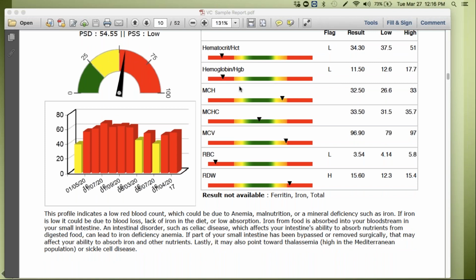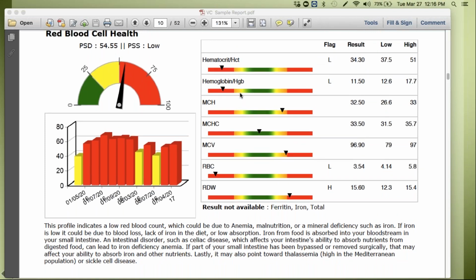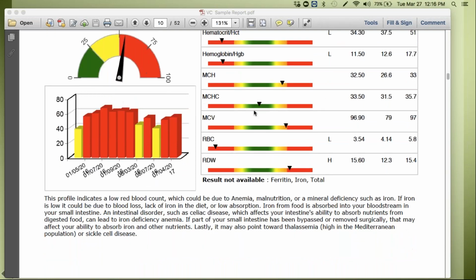But if you measure it by volume, it's only about 30% of it. But because of those two numbers, it gives you a really good idea of what's going on with your red blood cell health. Okay, this patient looks to be low on hemoglobin. The mean corpuscular volume, the mean corpuscular hemoglobin, the mean corpuscular hemoglobin concentration. Let's look at that. So that is when you look at the concentration, it's really a measure of how much liquid is inside the red blood cell,